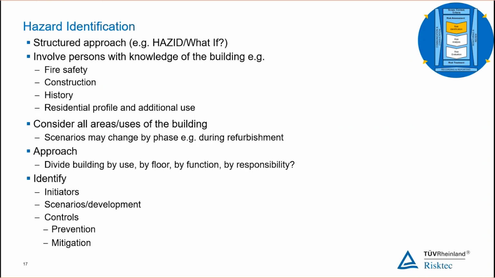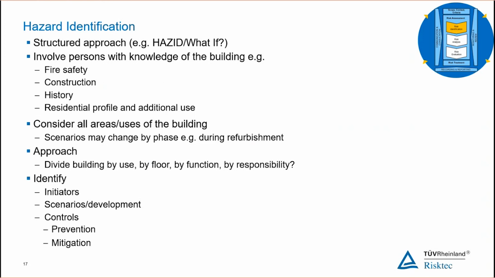It might be that you want to challenge ourselves against this checklist by looking at the different uses within the building. So there's obviously going to be residential usage, there may be trade usage, there may be light industry usage within the building. So we might want to look at all of the hazards that exist with residential, or the hazards that exist with retail, or that we can look at it by floor and work our way through, or by individual responsibility.